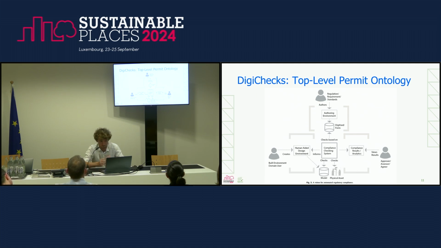So basically we have three main actors. We have the domain users who apply for the permit, who design the building. We have the specialist who approves the request, and then we have the authorities who create the permits themselves,